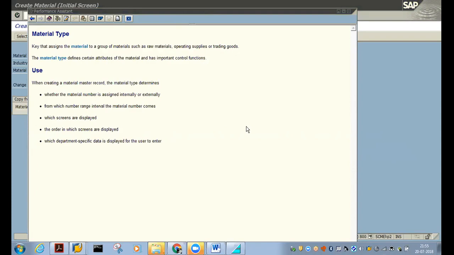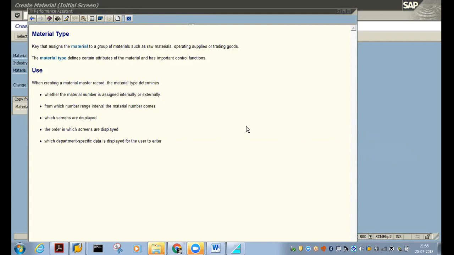Yes, ma'am. Here, this material type and industry sector play an important role. Based on the material type you select, that will impact the screens which will be displayed further, and specific department data will be displayed based on the material type.